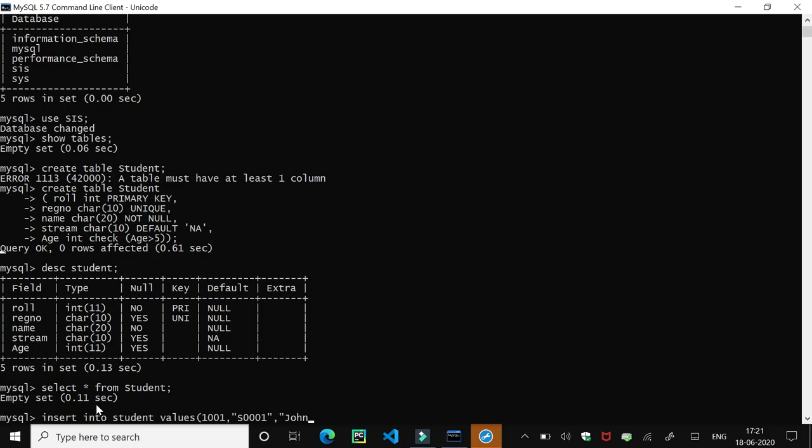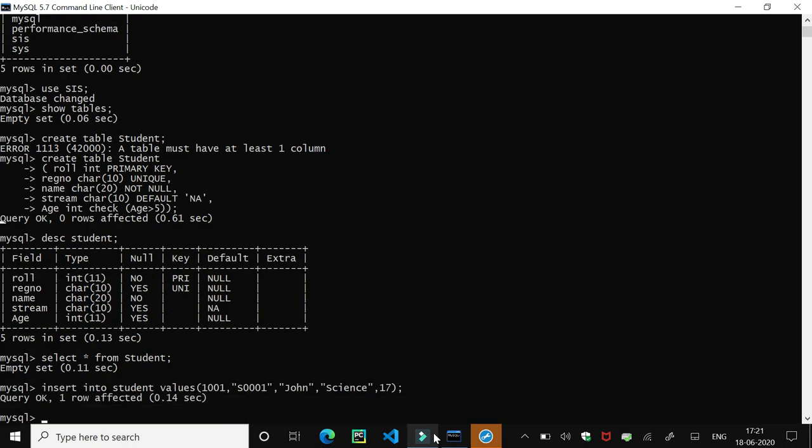So I am giving the value John here. Now next is the stream. I am giving the stream as science. And the next one is the age. I am passing the value as 17 here. Now I will close the parenthesis, put the terminator and enter. So the message is appearing here as query OK, one row affected.